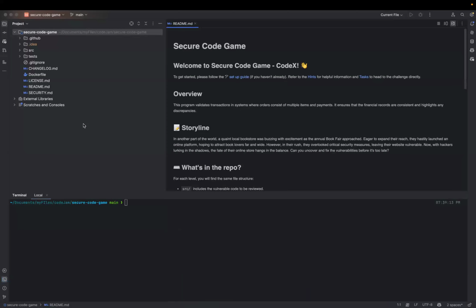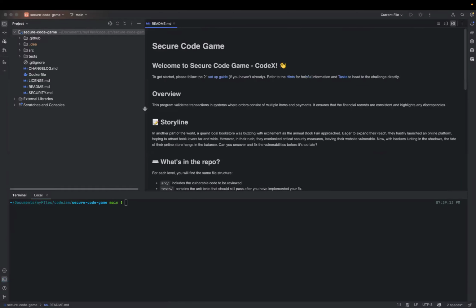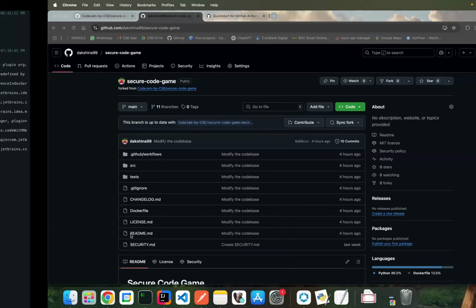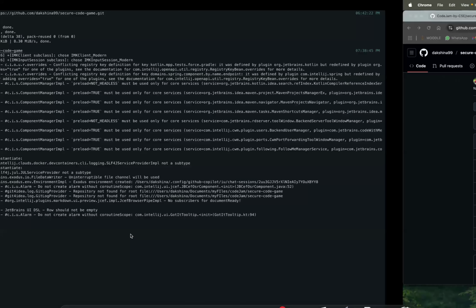Okay, so here we go. We have this now. This is the cloned repository on my local machine to make changes locally. And we are following the diagram I initially showed to you. So let's quickly go back and see.